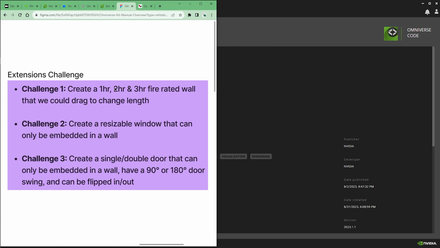Now these three may not be three separate extensions. I'm not entirely sure whether it should be three separate yet. It might all be one, who knows? But the idea is to be able to, at some point, load in real world product assets, such as, if the first challenge is to create a 1 hour fire rating wall, or 2 hour or 3 hour fire rating wall,